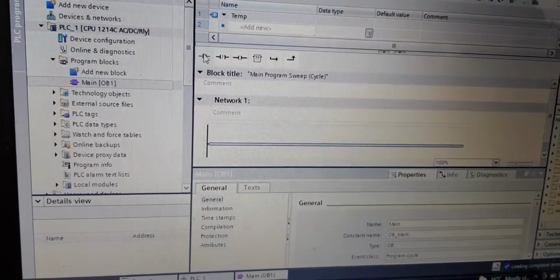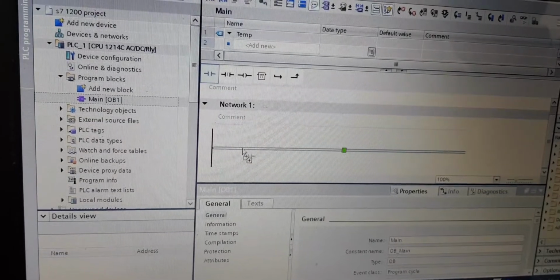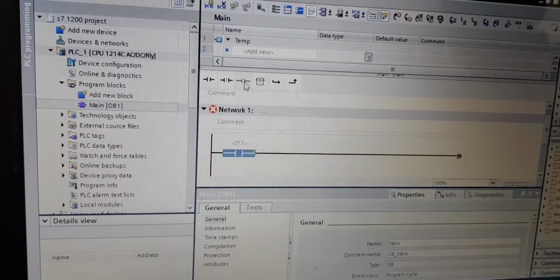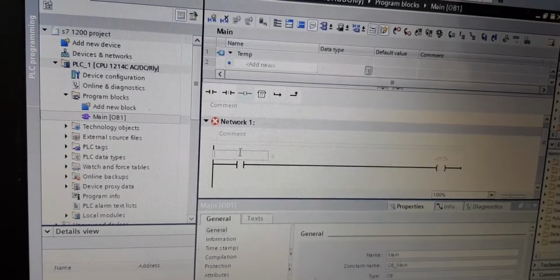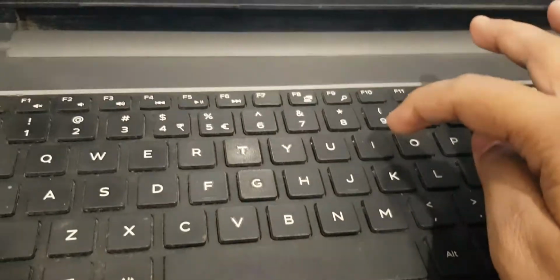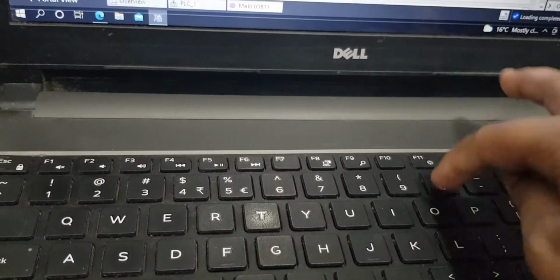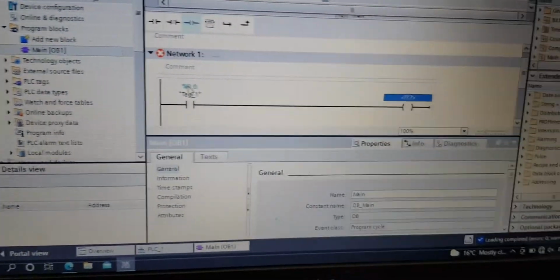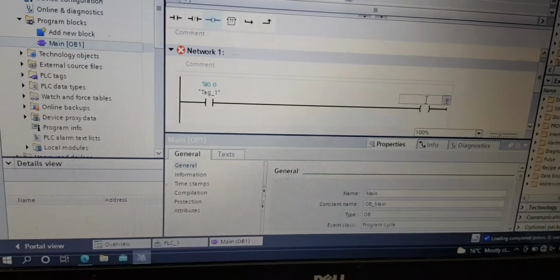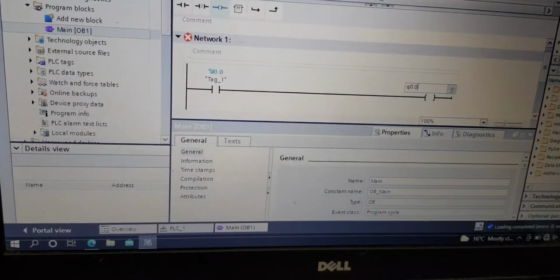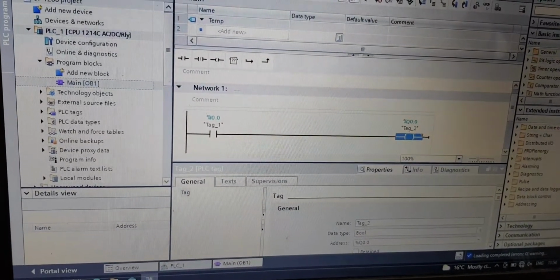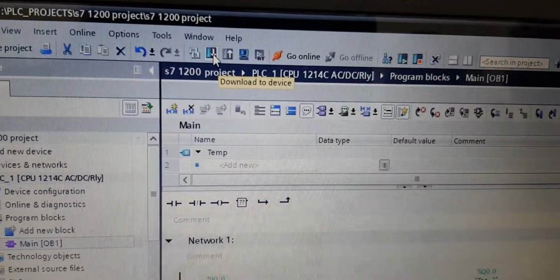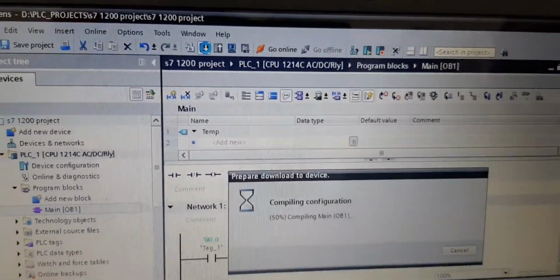Okay, so let's do programming. We are doing a simple program that just connects the input contact block to a coil as output. Give here the addressing I 0.0, enter, and for the output we'll select Q 0.0. Okay, so what we can do is download to device, just select download to device.